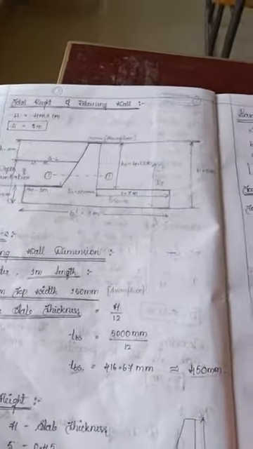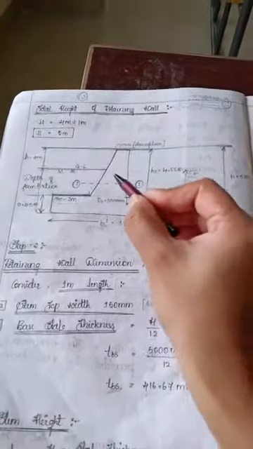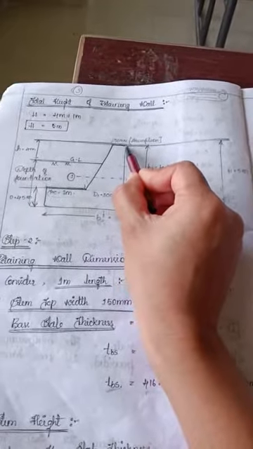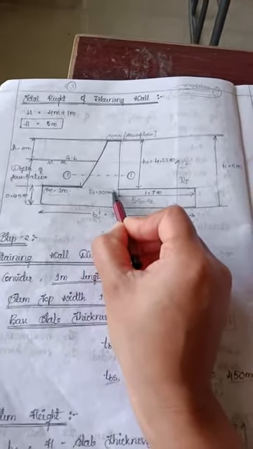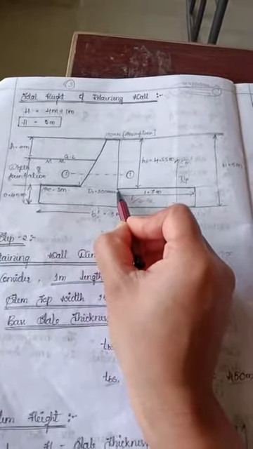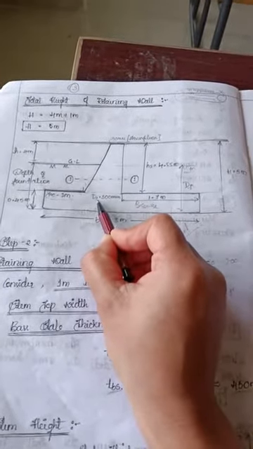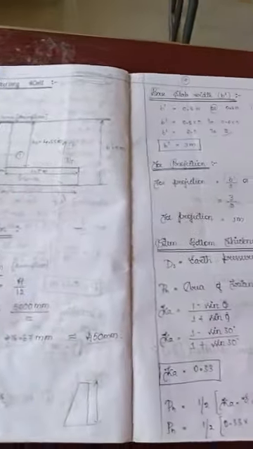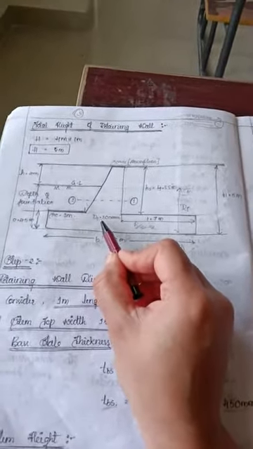After that, now we find the stem bottom thickness. This is the stem, this is the top portion of the stem, and this is the bottom portion of the stem. Here we find the stem bottom thickness, which we denote as D1. To find the D1 value,